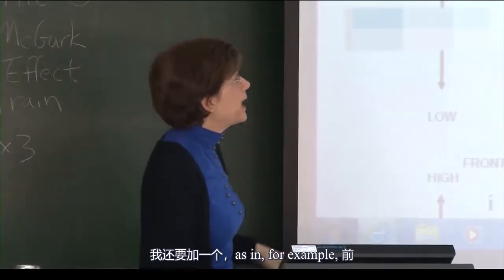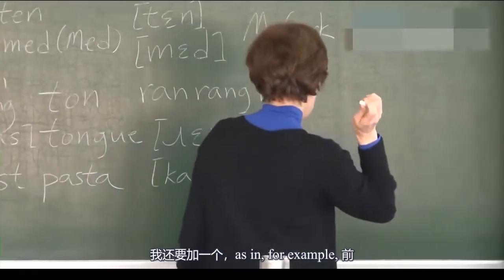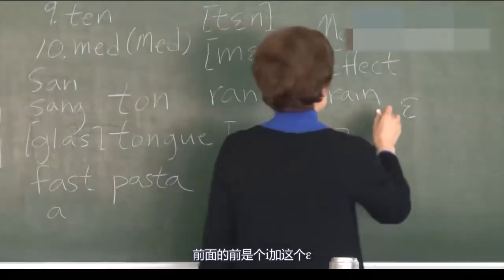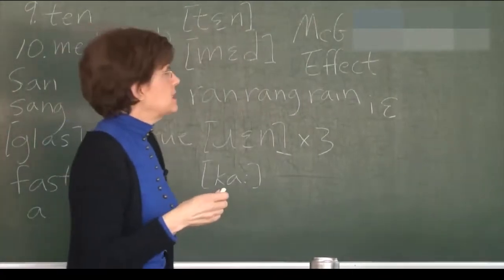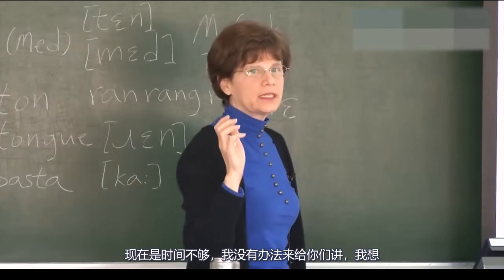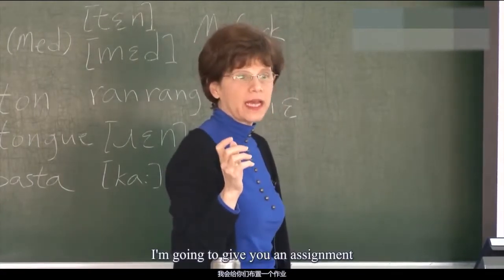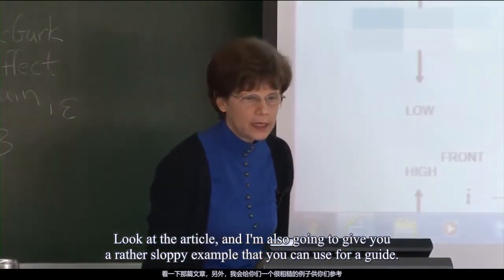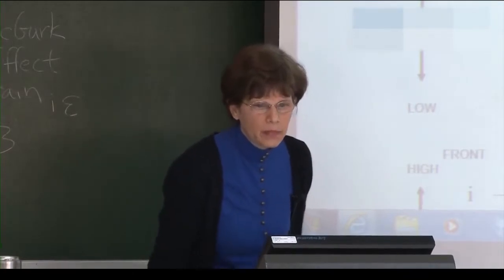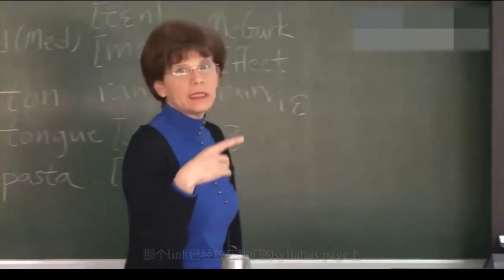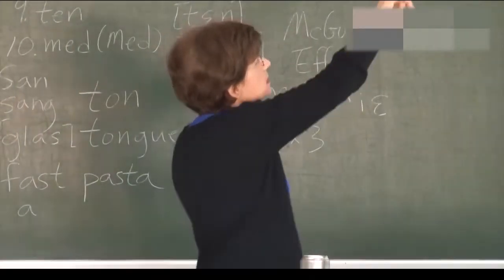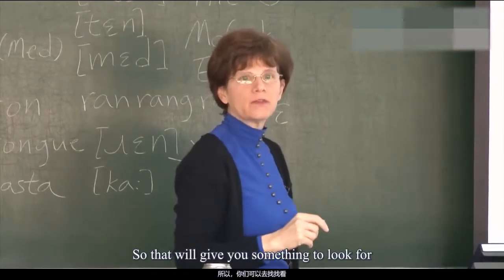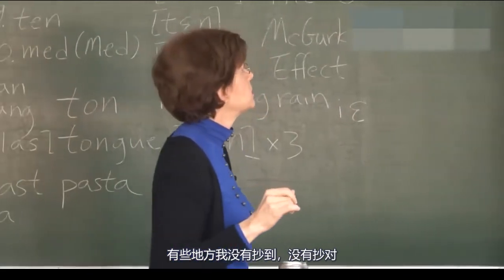你会用到这个。我还要加一个, for example, 前面的前，我会用英文的倒三。前面的前，前面要加一个 I，前面的前是个 E 加这个 E 前。Now，其实这个是个 allophone，现在是时间不够，我没有办法来跟你们讲。I'm going to give you an assignment，其他的你们要自己去想。Look at the article, and I'm also going to give you a rather sloppy example that you can use for a guide. 这是我以前做的一个 transcription。那个 link 已经放在我们的 syllabus page 上。给你一个 text，这是以前用的一个 text，这是我自己的 transcription。我发现里面有一些小错，so that will give you something to look for。你看能不能挑出我的错？有些地方我没有抄到，没有抄对。